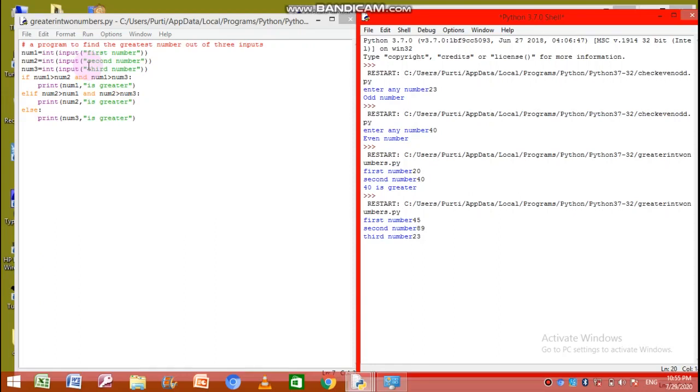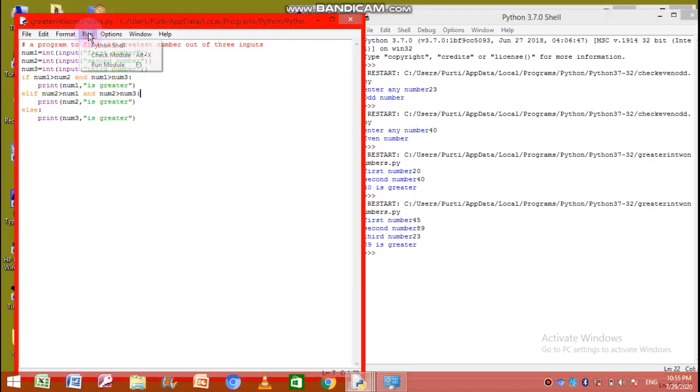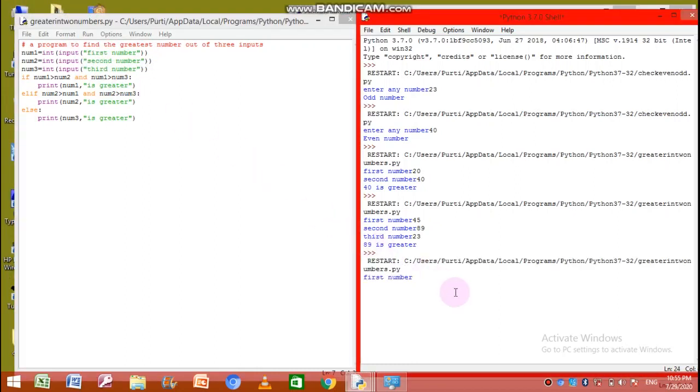Let's see the output. Yes, 89 is greater. Let's have one more execution. 1500, 10, 1000. 1000 is greater.